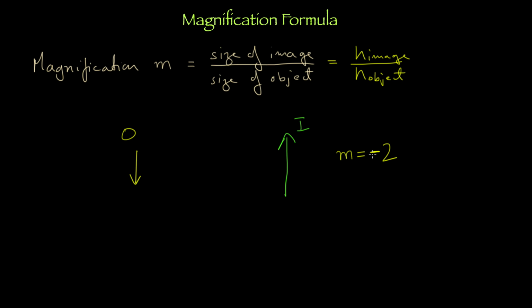Just for the sake of convenience, I'm writing negative 2. Everybody agrees that m would be something like this, right? And had the image been like this, or let me make it a smaller size, say the image was this, then somebody tell me, Disha, give me a number. No story making, just give me a number. Is he right? Is she right?